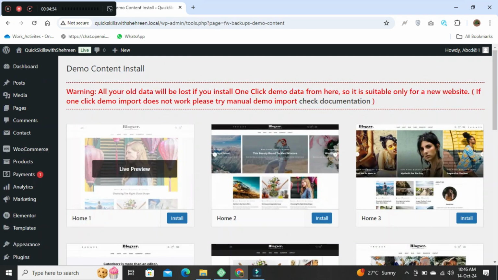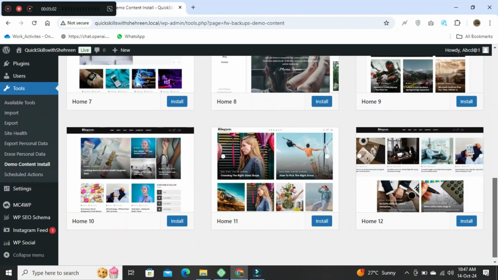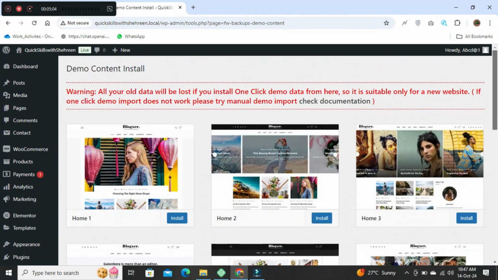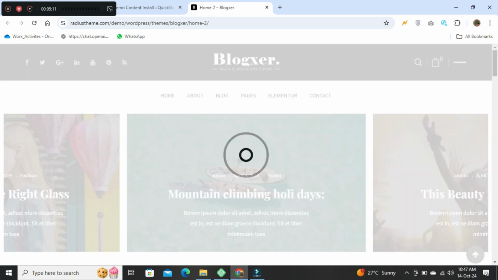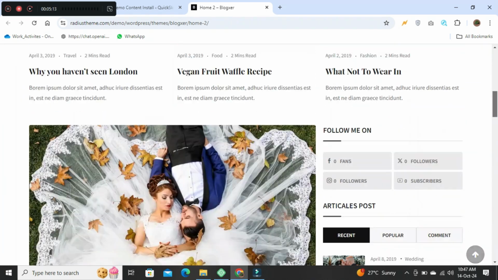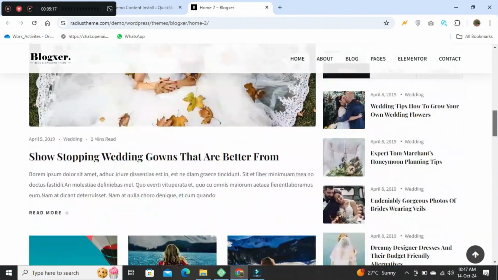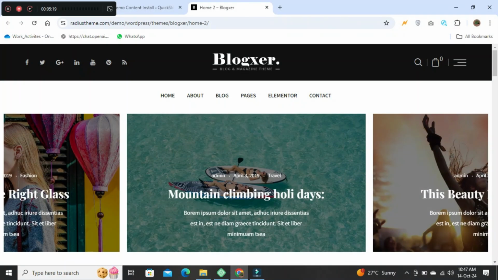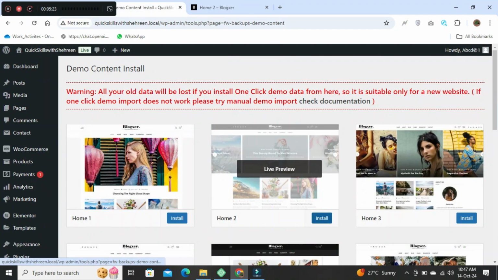Many themes are available on there, whichever one I like. So I can choose the home two. It looks like this. I like this on my website, so I can install this. I click on install. Okay,